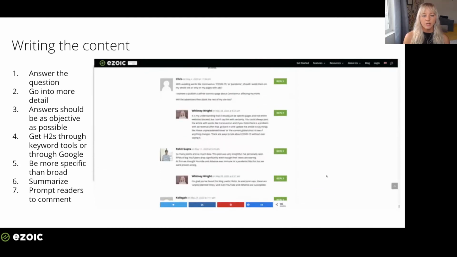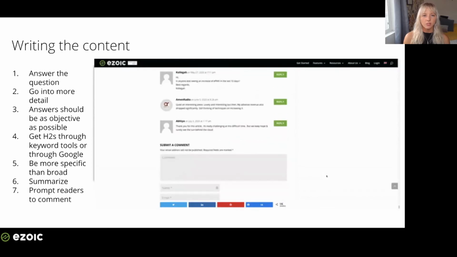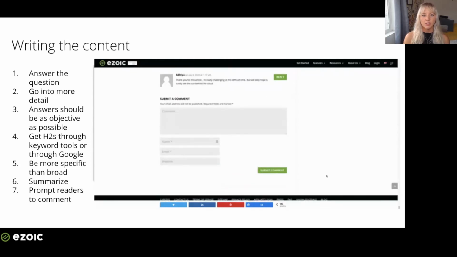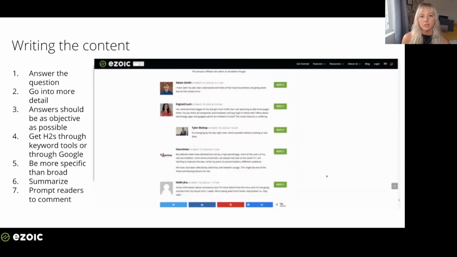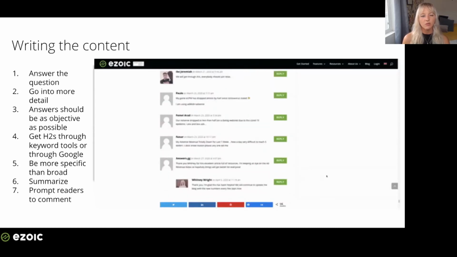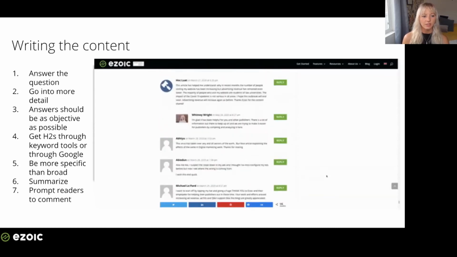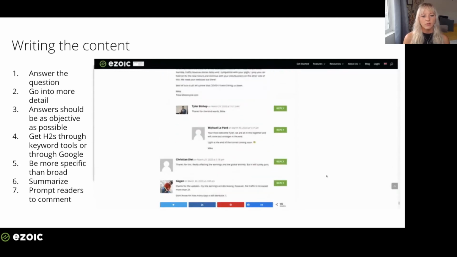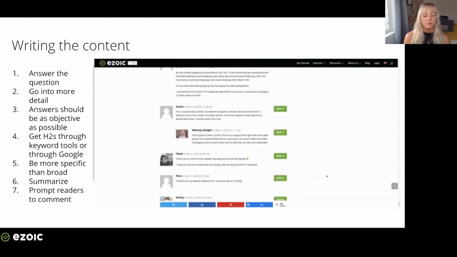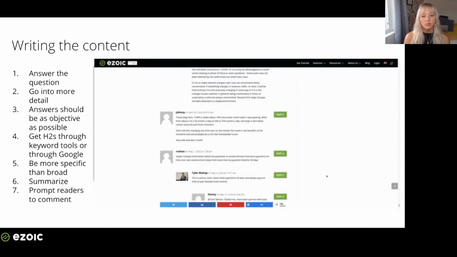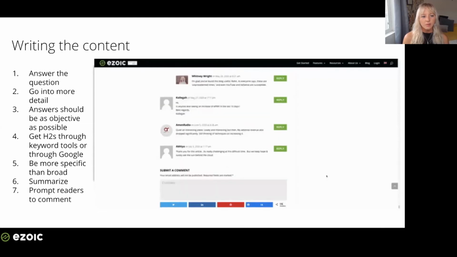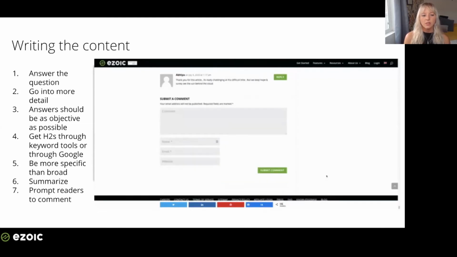And then if you're able to link at the end of your article as well, just like we did at the beginning, if there's relevant content, you want to link to that as well so that they stay on your site longer. So give them another, related recommendation to stay on your site. And then lastly, if you have a comments section on your site, prompt readers to leave a comment. It can be definitely cumbersome to moderate the comment section, but comments can lead people to spend more time on your pages, which ultimately make your content rank higher.